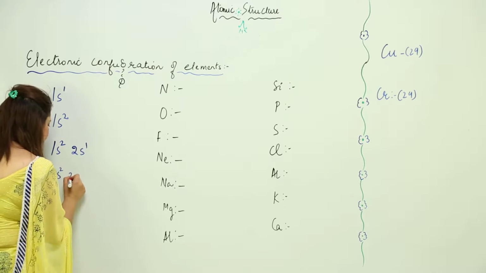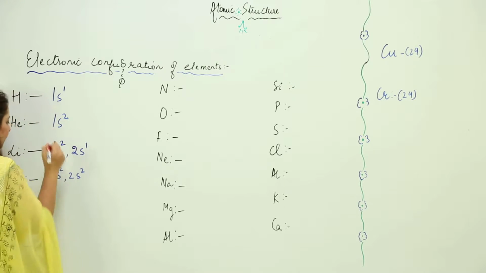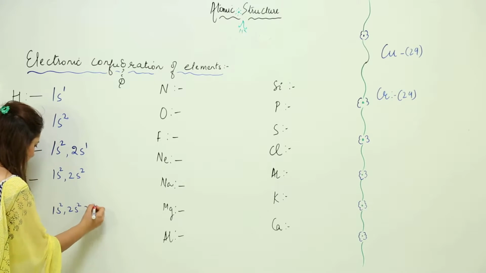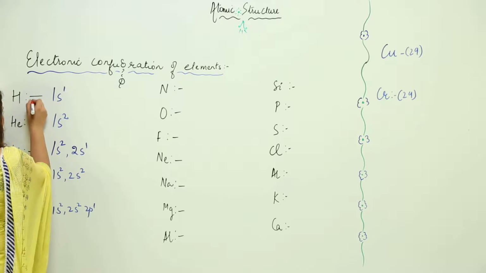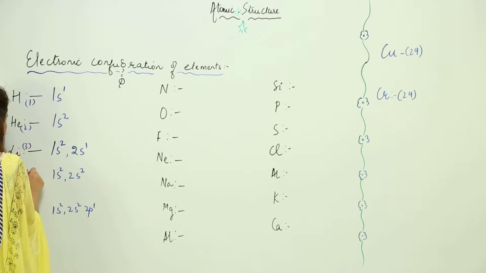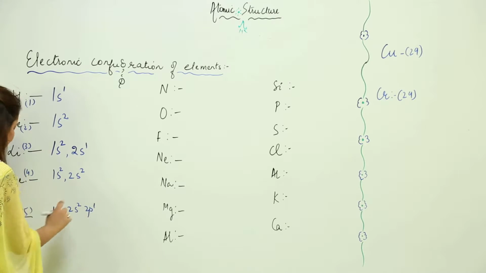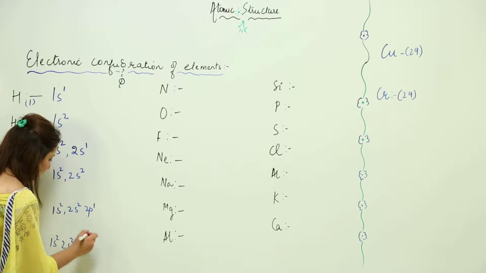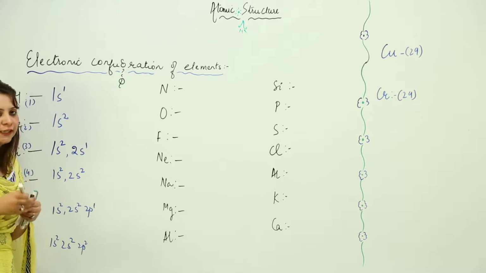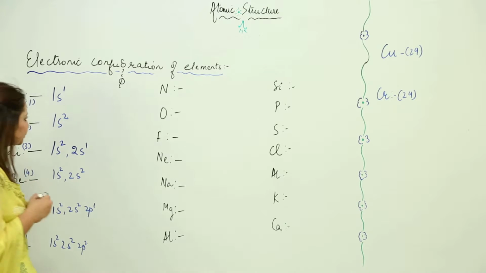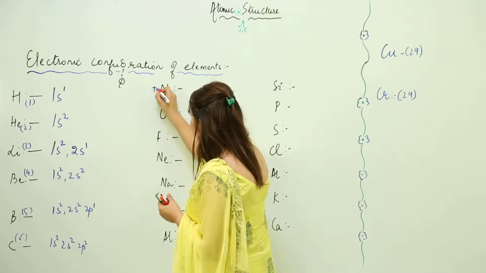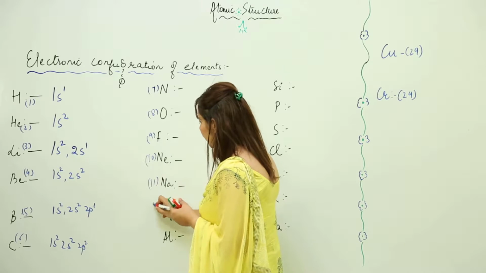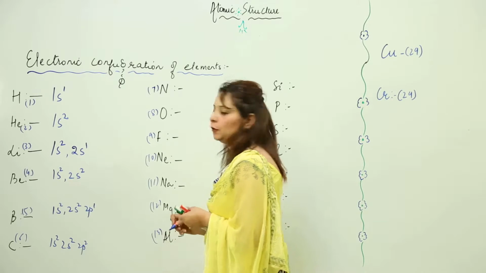Likewise we have 1s2, 2s2, put the commas, okay. Then we have 1s2, 2s2, 2p1, right. I will write the atomic numbers also: 1, 2, 3, 4, 5. So we have just filled the 5 electrons, 6. So it is 1s2, 2s2, 2p2, because p has the ability to hold 6 electrons. So here we have just filled 2 electrons. Now I will write the atomic numbers first: 7, 8, fluorine 9, neon 10, 11 sodium, 12 is my magnesium, 13 is my aluminium, right.